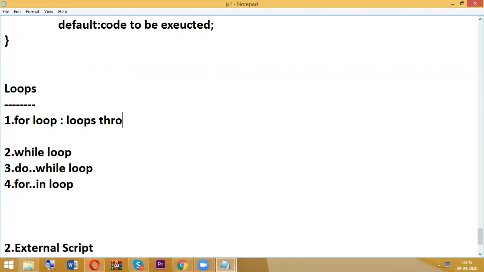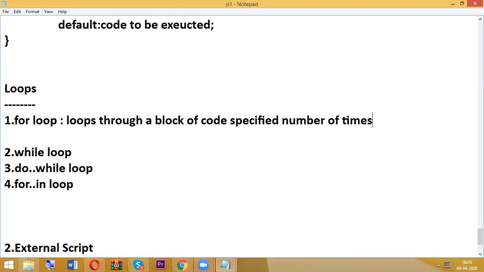It loops through a block of code a specified number of times. So nothing but iterations. So clearly we can mention the loop should start from this place to this place.